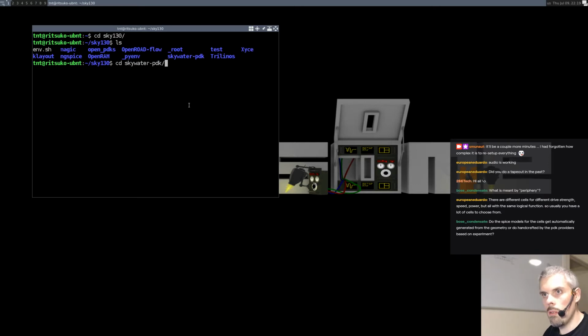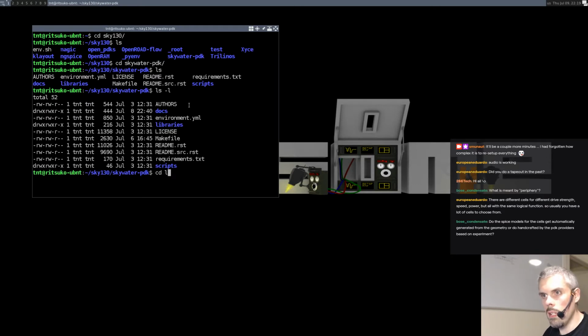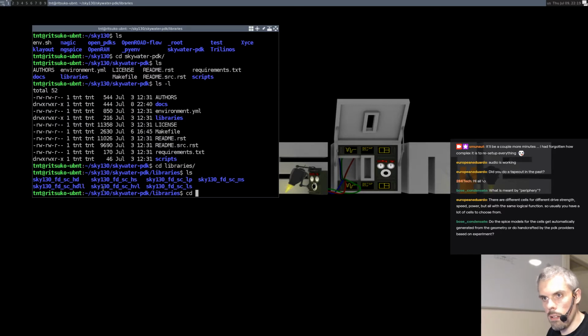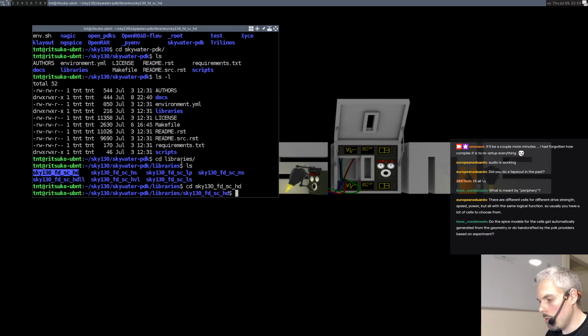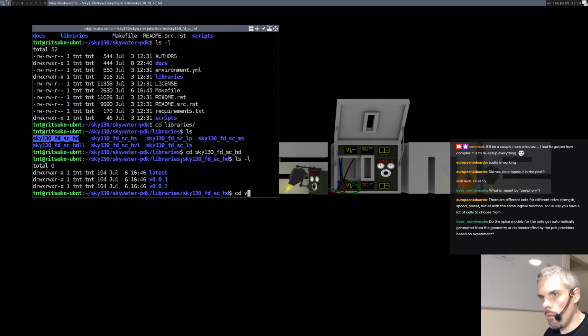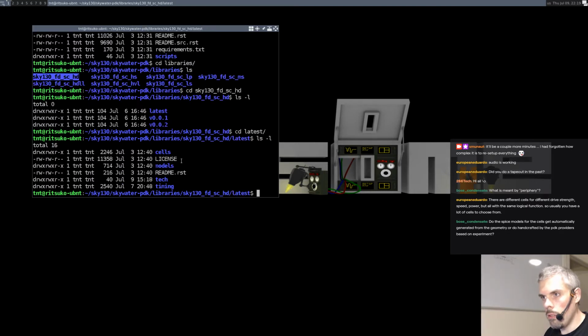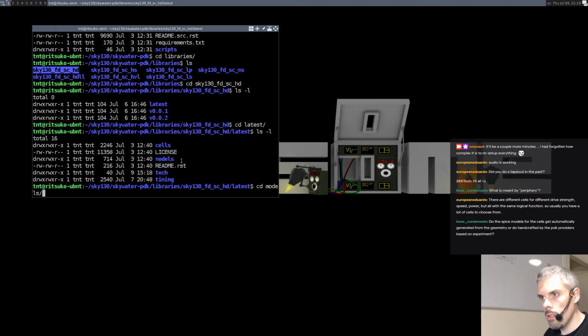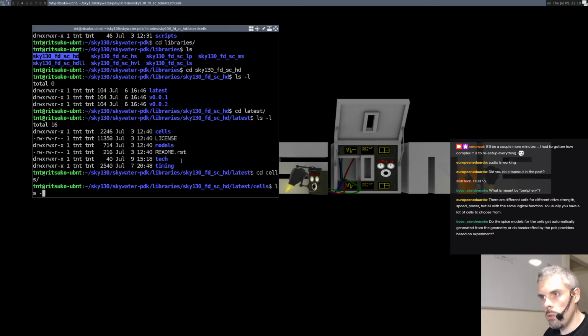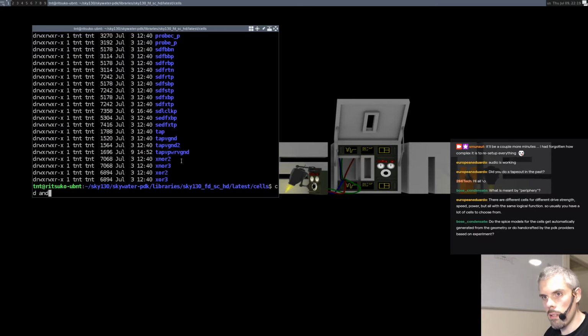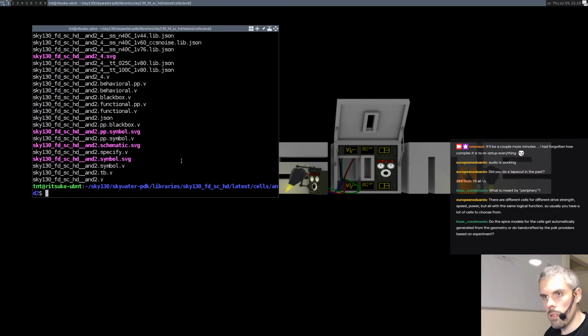So I cloned the entire repository, and we're going to look at the high density cell. We're going to look at a very simple cell, like a two input AND, for instance. Okay, and so if we look for the SPICE model,